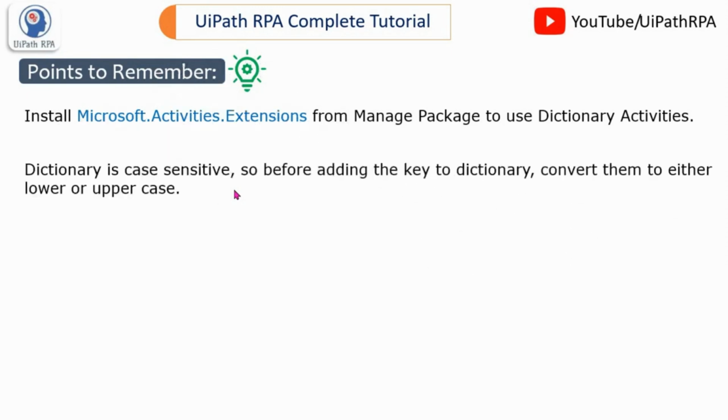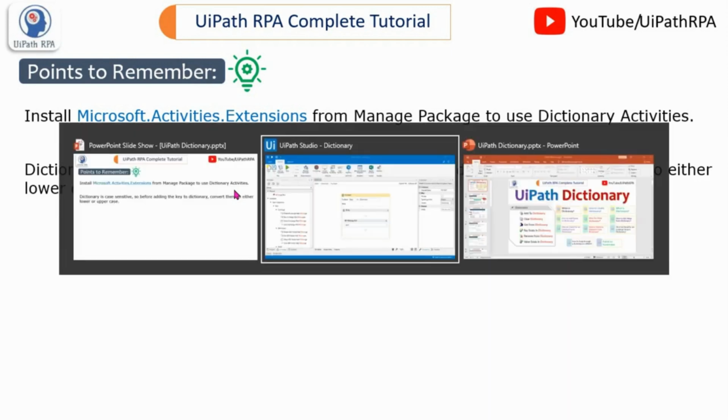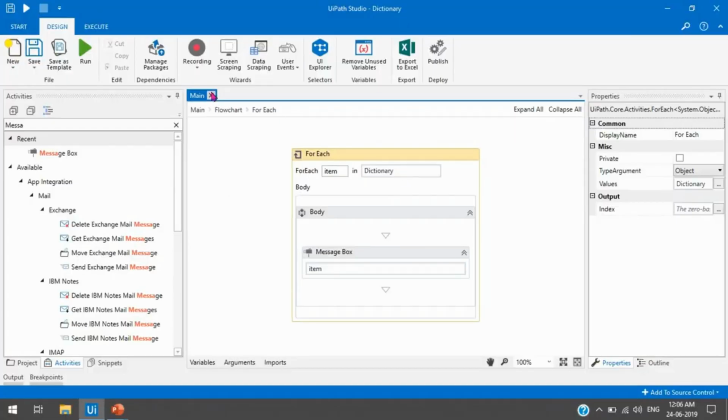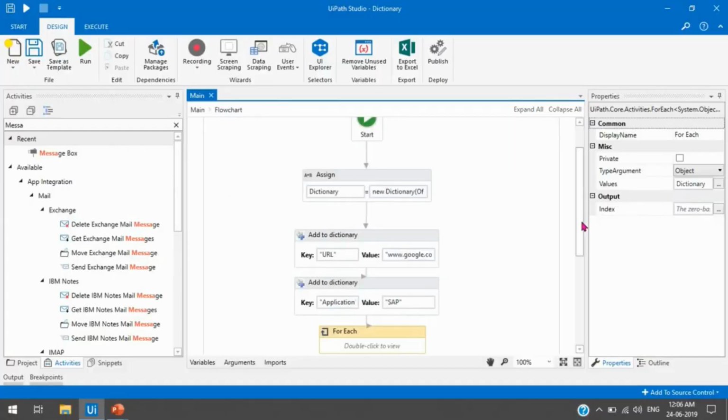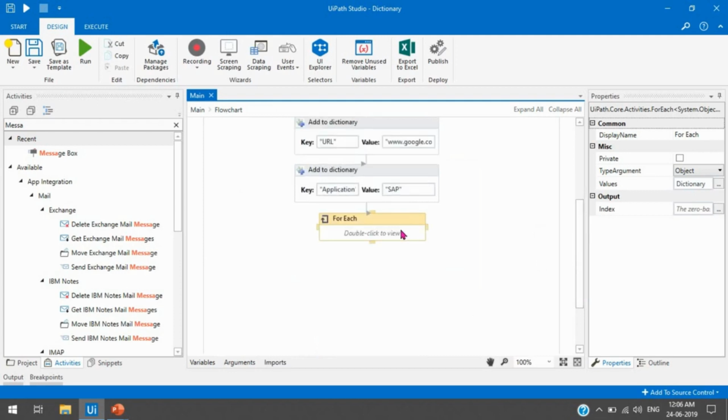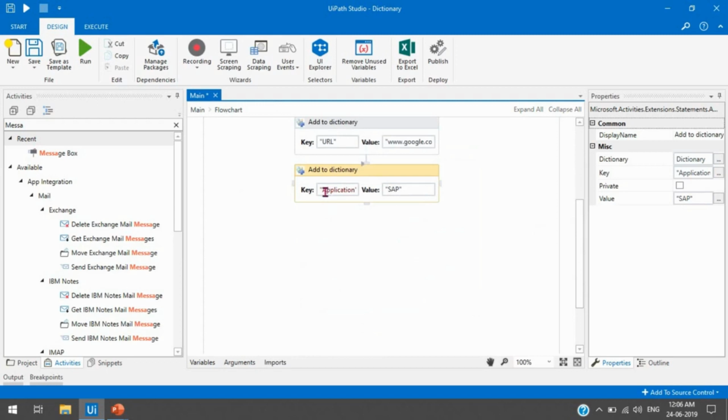Second, dictionary is case sensitive, so before adding the key to the dictionary, convert it to either lowercase or uppercase. So I am going to show you this one also. Let's suppose we have, I am going to delete this, and here we have created an application, where A is in uppercase.